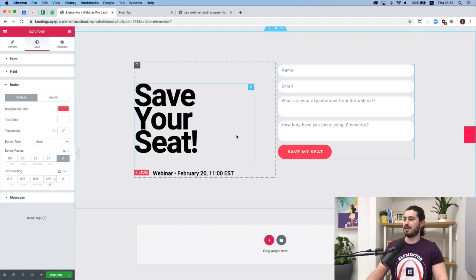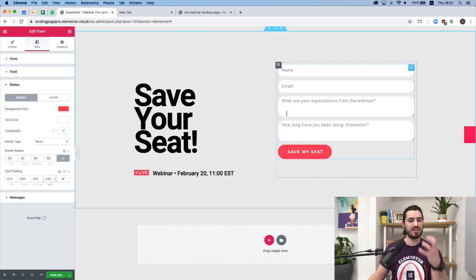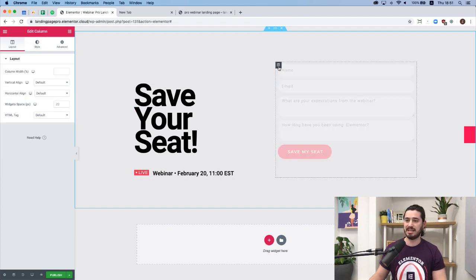Okay, great. So now what we need to do is position the form a little bit better in the column in relationship to the left column. So we're also going to add some padding to the column like we did before. I'll go into the column settings here, and in advanced,